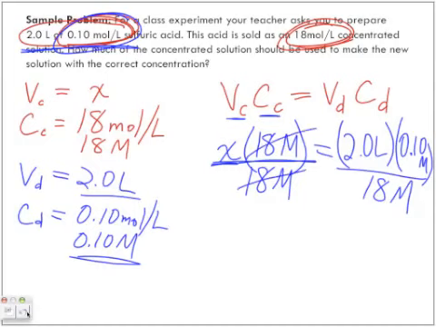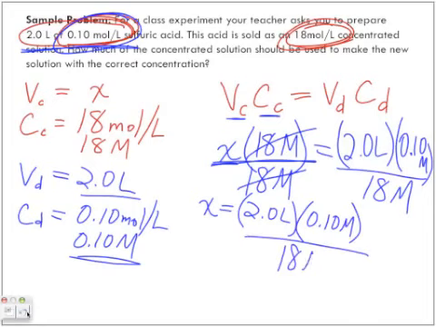These divide out, and I'm left with just X is equal to 2.0 liters times 0.10 moles per liter over 18 moles per liter. Notice here, my units cancel out. Look at the units that I have. Remember that when you have volume, your volume must be in liters. Okay, so make sure that you make your adjustments if you are dealing with milliliters. So when you multiply top and bottom and divide by the bottom there, we get